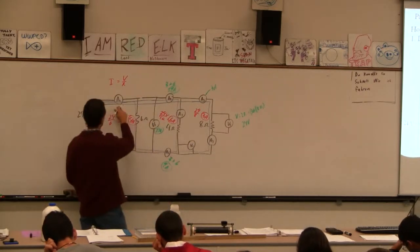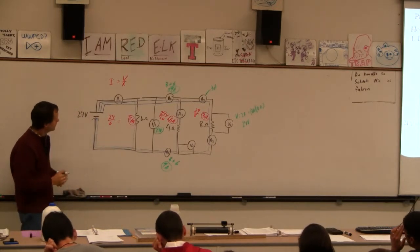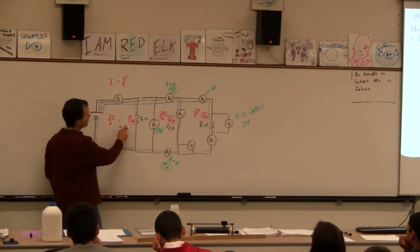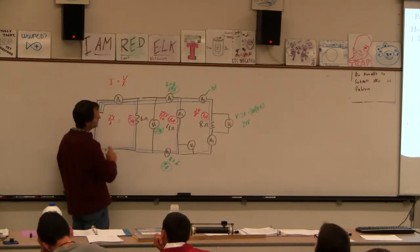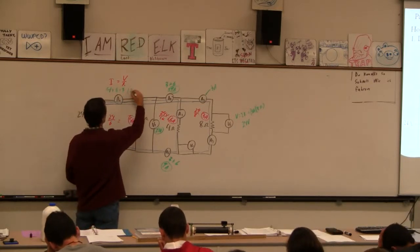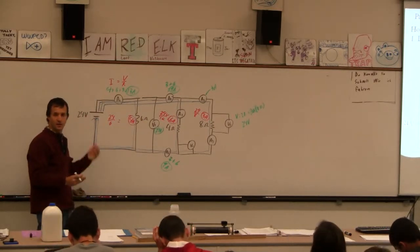9 amps. And then this guy here, the current leaving the battery is a whopping, well, it's going to be 4 plus 6 plus 3. Yeah? Because this guy's measuring this current. What is that? 13. Is it? Yeah, it is. It's 13 amps, right? So 4 plus 6 plus 3, 13 amps on this guy. So all you do, the next step is you just add up the currents, and that's the current that's flowing,